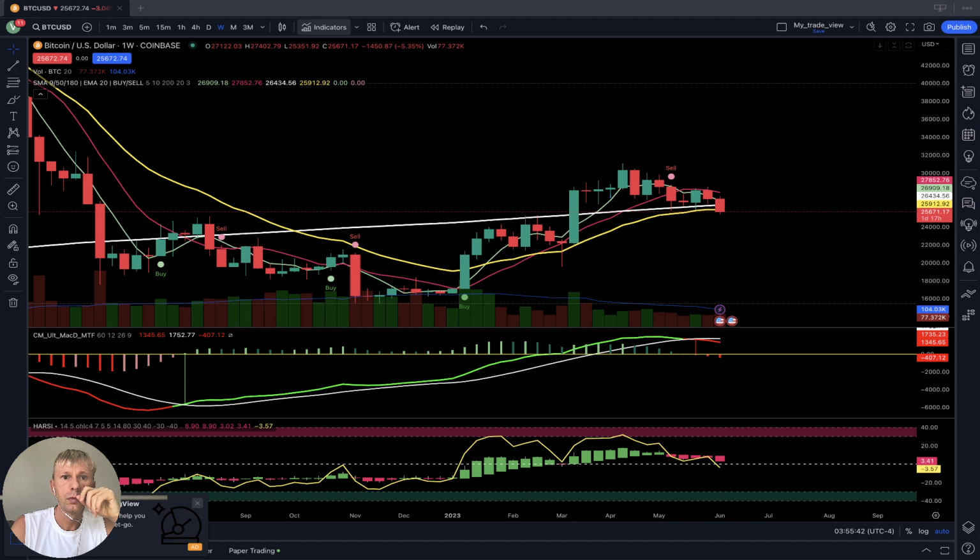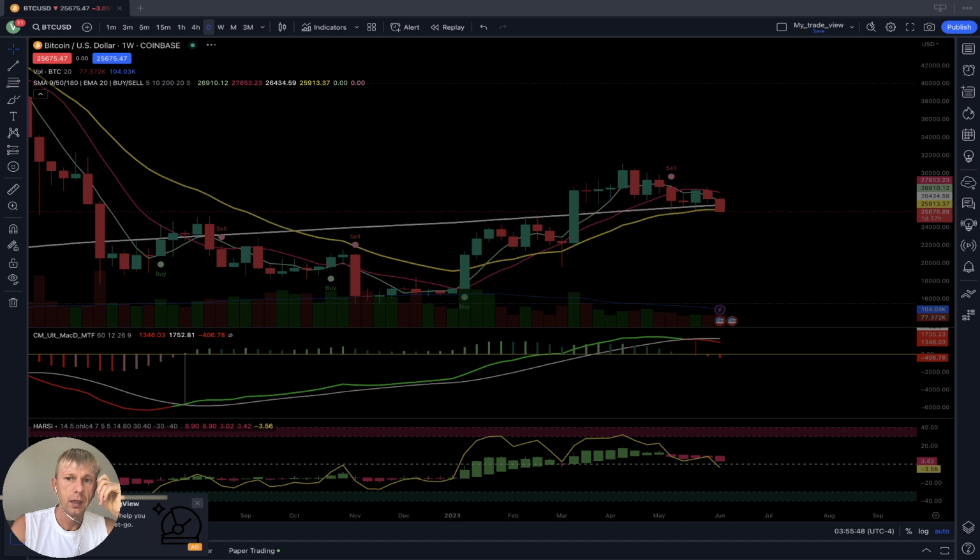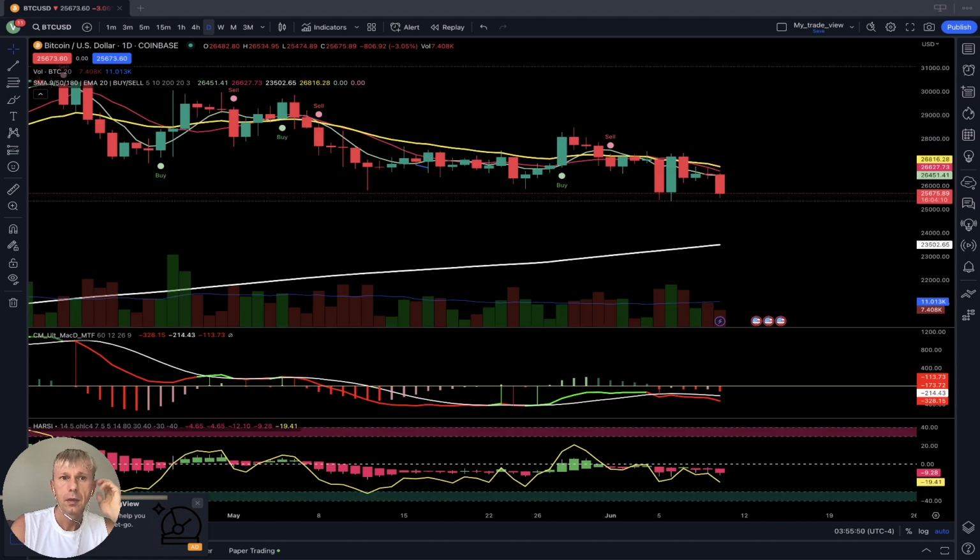Let's move to the daily time frame. Let's see what's going on daily, right? Daily, it's a bearish trend because MA 5 and 10 are below 20. MACD red bearish below the zero line, bearish territory. Fibonacci bearish and RSI below Fibonacci in the bearish territory below the zero line. All bearish on the daily time frame also.